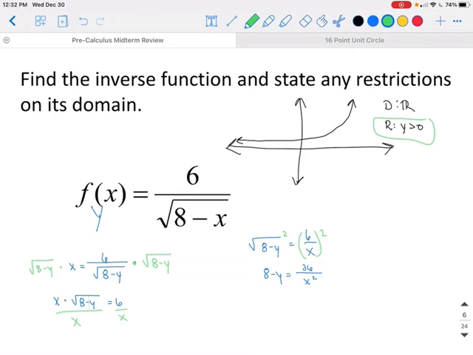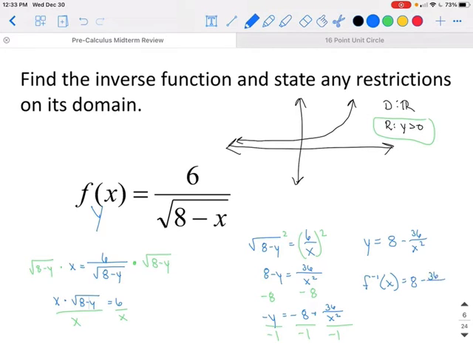Now to get the y by itself, we can subtract 8 from both sides. This is going to give us negative y is equal to negative 8 plus 36 over x squared. But we still have a negative attached to that y, so we can divide each piece by a negative 1. And we're going to get that y is equal to 8 minus 36 over x squared, or our inverse function